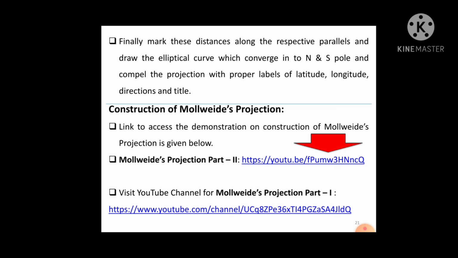So at the end, you have to sequentially join all the points by freehand with curved lines from pole to pole, and once you join all those points sequentially, you will get the entire projection. As soon as you complete the drawing, the most important part is that you have to label the latitudinal figures with the degree symbol, systematically, then the longitudinal values with the degree symbol and the direction like east, west, north, south.